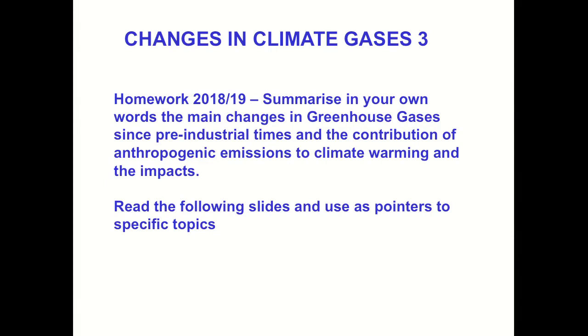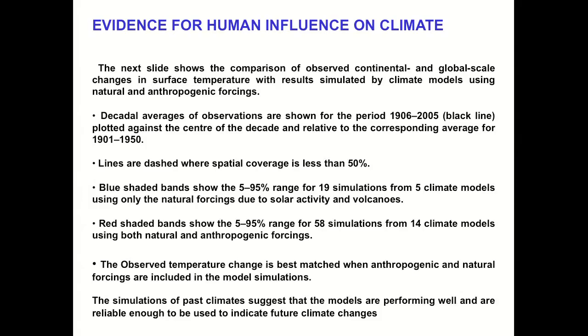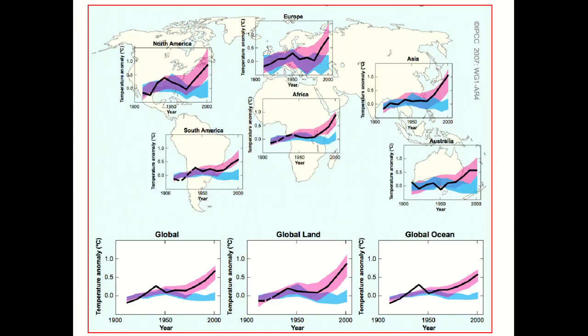And I would also like you to read some of the following slides to give you some specific topics that you might look at. For example, how these impacts occur, will affect different regions, which are shown in these model results here. So global land, global ocean. You can see the temperature changes as a function of time. And they've also now been split between, using these more recent models, different regions of the globe: Europe, North America, Asia, Africa, South America, and Australia.